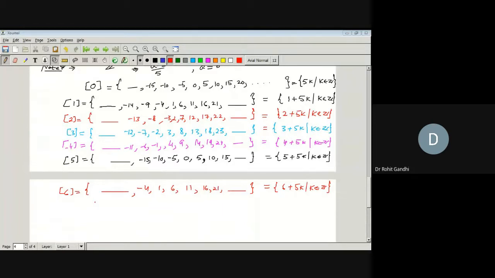Right? So, students, similarly, you can write the equivalence class of any integer. You can also write the equivalence class of -1, -2. For an equivalence class, what we have to do is see the elements which are in relation with that particular element. Now observe all these equivalence classes.